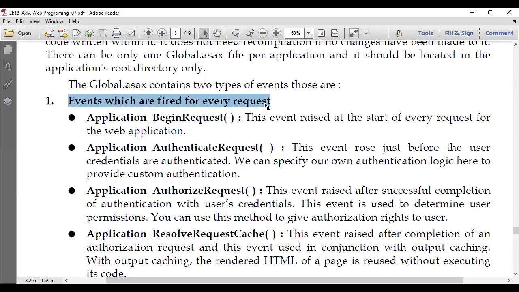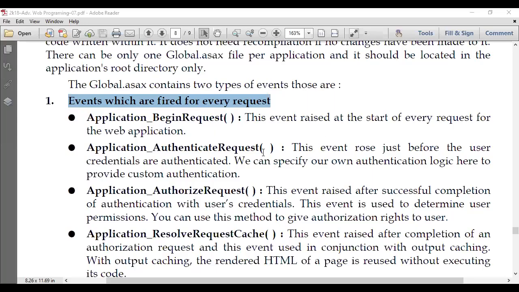One thing before we go on. We are talking about the global.asax file. All the events of the two types that we are going to learn here are not going to be a default part of that file, and the global.asax file is not by default present in our application. We need to add it. We have seen the example of tracking the number of users visiting our site.